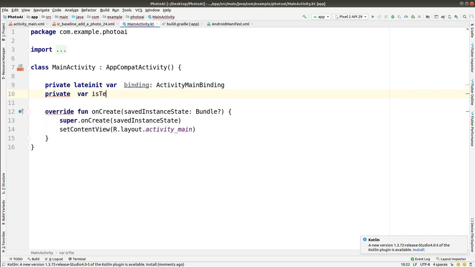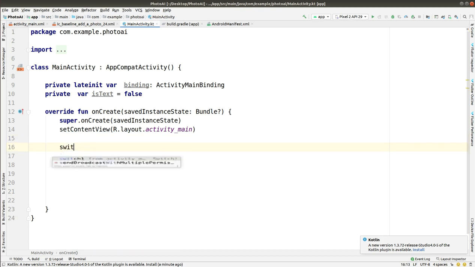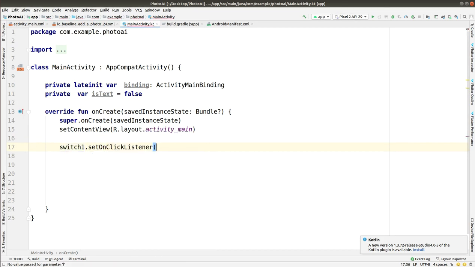So, first of all, make some variables, like for data binding, I'm setting it as activity main binding, and for text as a flag, I'm making it default value false. After that, we have two things: first was the switch and the second was that fab icon. So first of all, set on click listener for that switch button.